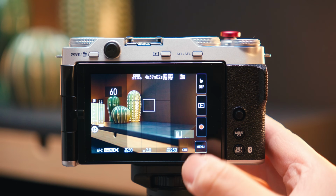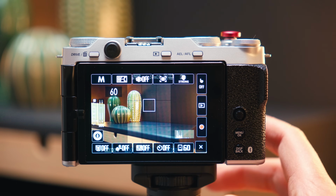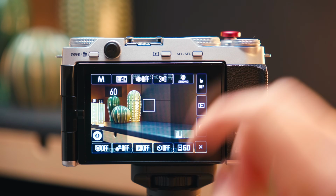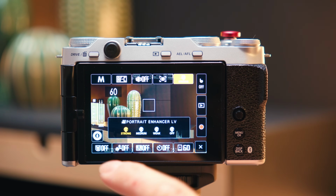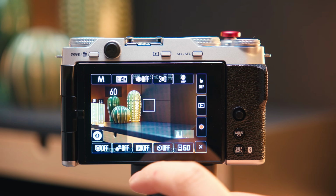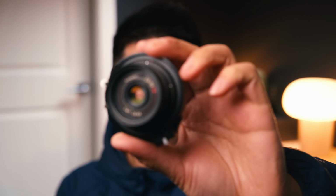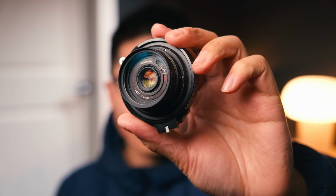If you're a beginner, Fuji offers a dedicated vlog mode that has its own separate touch menu, allowing you to take advantage of what this camera can do without needing to know how to balance your settings manually. Background defocus for a one-button shallow depth of field, product priority for when you want to hold something in front of the camera and you want it to be in focus, and perhaps the most useful, a dedicated 9:16 movie